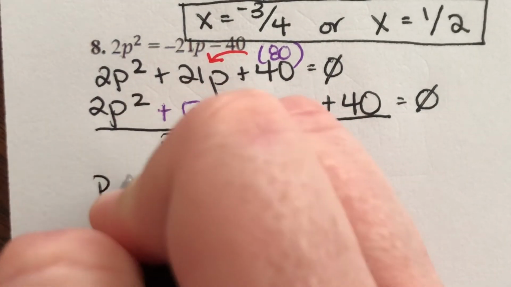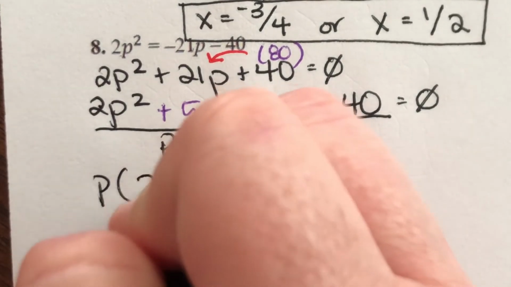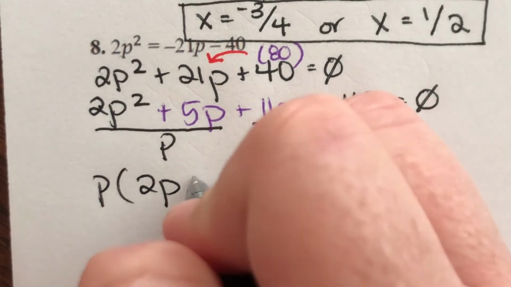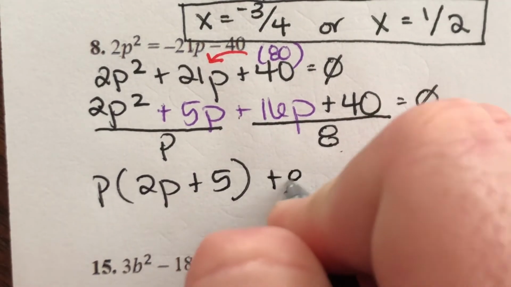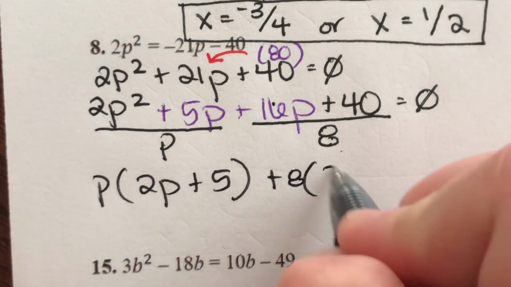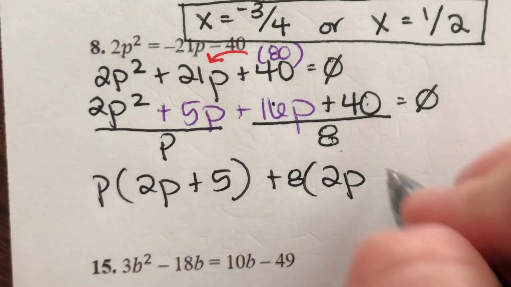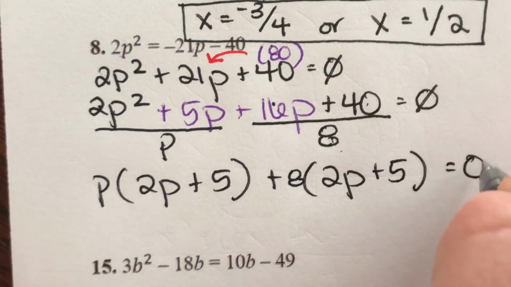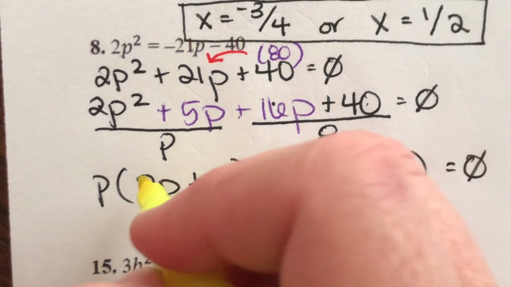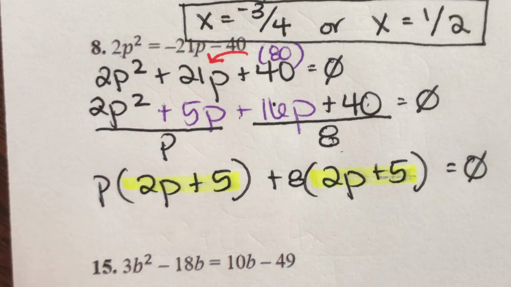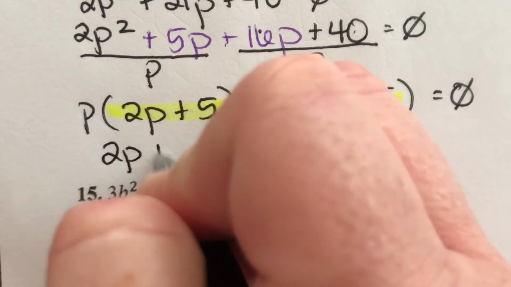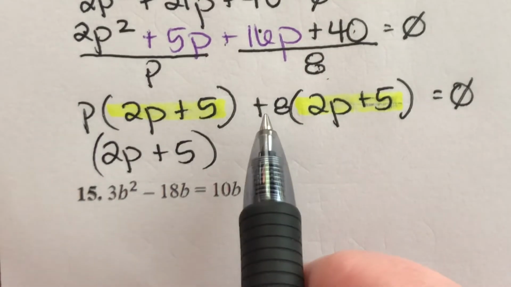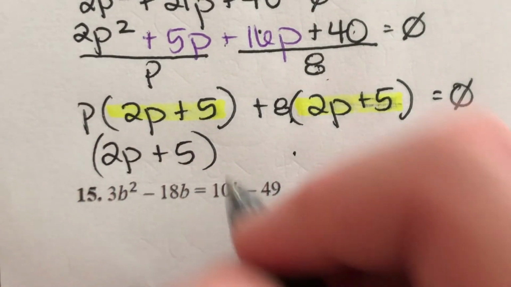So I'm going to have p out front. 2p squared divided by p is 2p. 5p divided by p is 5. Put that plus 8 in front here. 16p divided by 8 is 2p. 40 divided by 8 is positive 5 equals 0. Both of my parentheses match. Awesome, that's what I want. If they don't match, just go back and retry. And so I'm going to write 2p plus 5 in front, and then the p plus 8 I'm going to write next to it